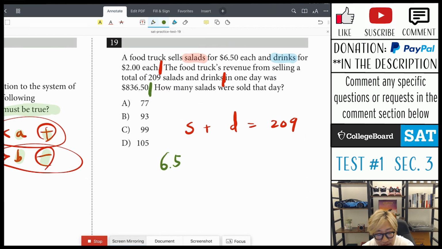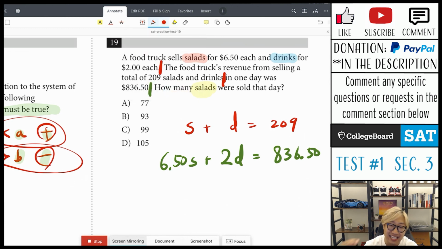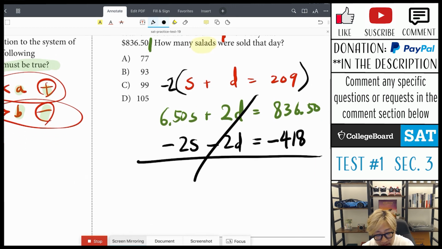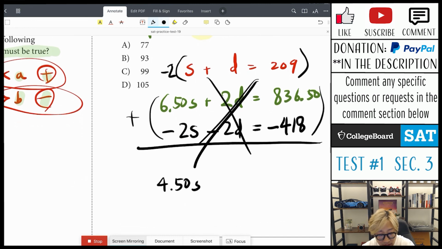$6.50 for each salad and $2 for each drink, and that was a total of $836.50. So how many salads were sold that day? We want to solve for the salads, so we want to keep the S and cancel the D. We multiply the top equation by -2. Why? Because then I get -2S minus 2D equals -418, and the D goes away. Adding these two, I get 4.50S equals